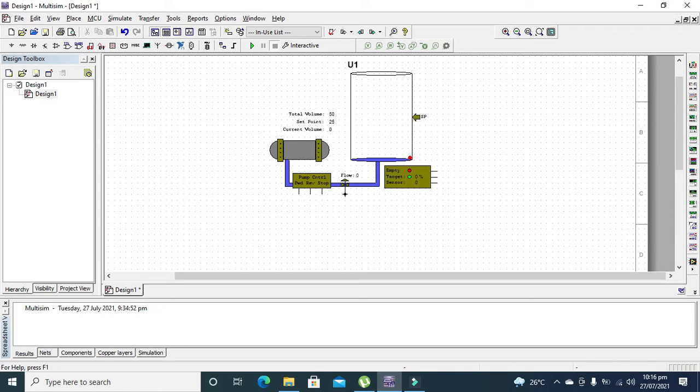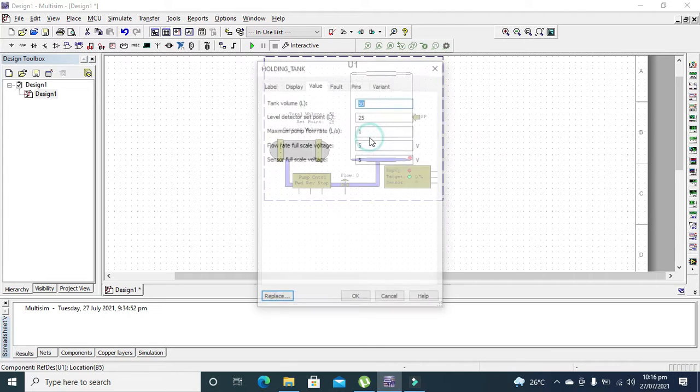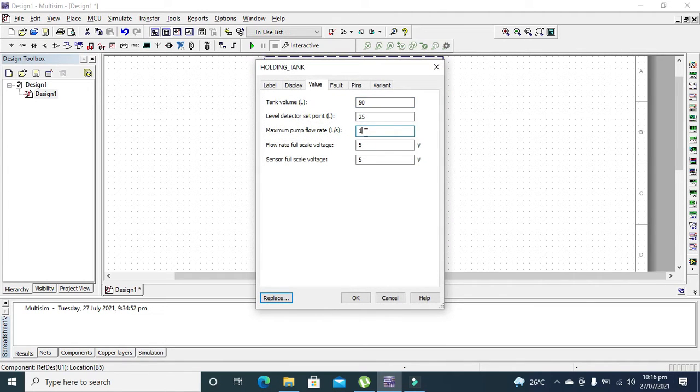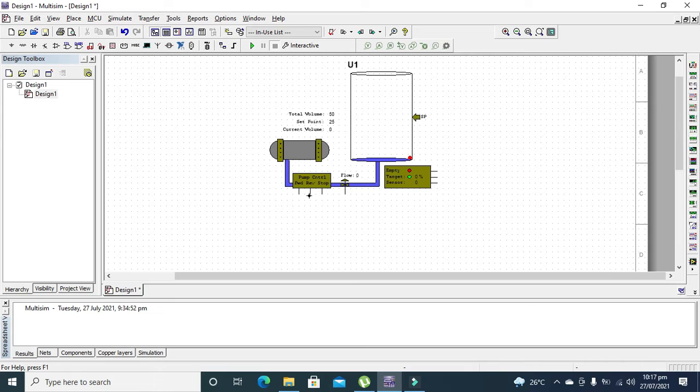Then flow is for adjusting the flow rate. We have the option of flow rate, and here it is rated at 1, but we will change it now. Now, forward, reverse, and stop pins. The forward pin is used to move the fluid in the direction of the tank to fill the tank. And what about the reverse pin? It will just take the liquid out of the tank. And the stop pin will stop all activity, whether ingoing fluid or outgoing fluid.